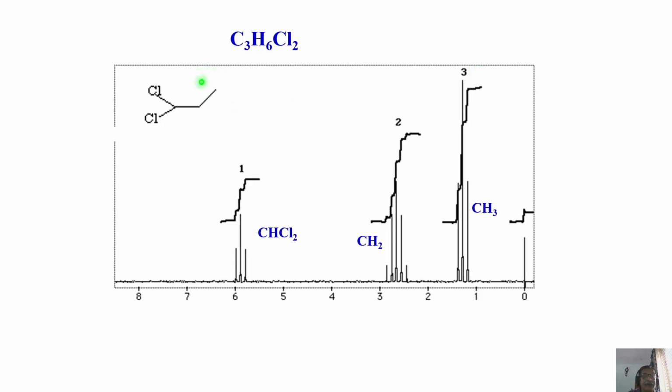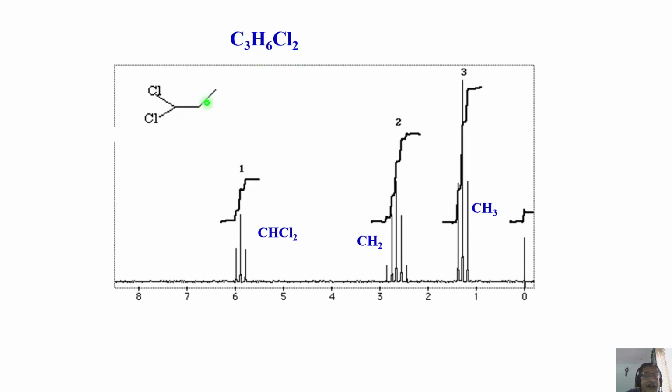This is the CH3 group. This CH3 is split into a triplet because of the CH2 here. Two equivalent protons are present here, the CH2 group. This will split this CH3 into a triplet, correct? And there are 3 protons, terminal CH3, intensity is 3. What about this one? This is the CH2 group. It is coupled to CH3. As a consequence, it will split this CH2 into a quartet. Use the 2nI plus 1 rule. It is a quartet, 1331 quartet.